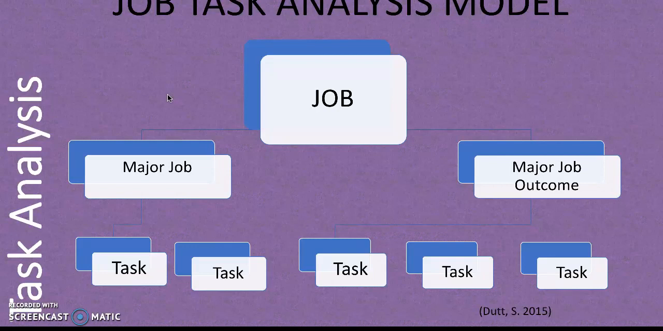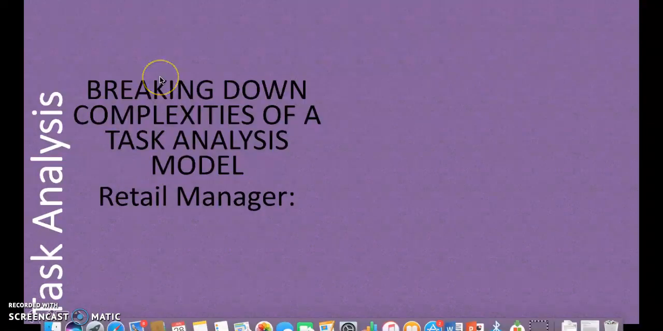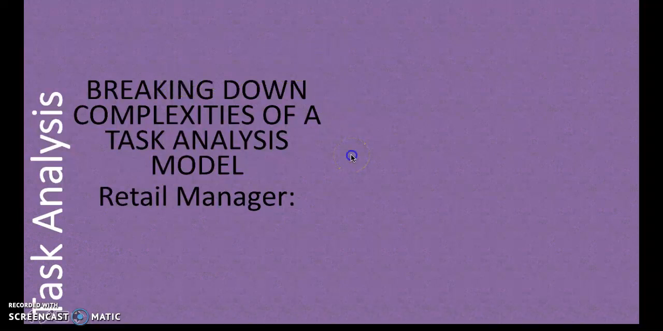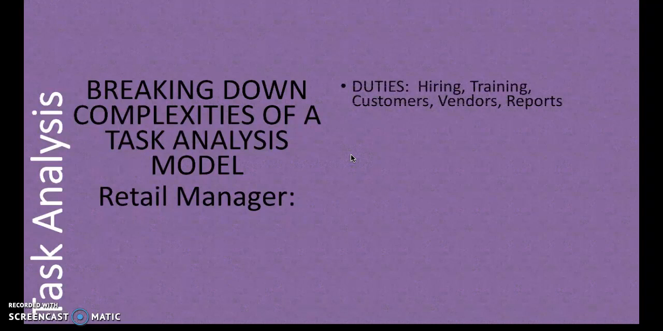And then you can see below the lines where on the left I give 2 tasks and on the right I give 3 tasks. There can be many more tasks to the major job outcome. This is just small enough for this presentation. Breaking down the complexities of a task analysis model, we'll use the example of retail manager. The duties include hiring, training, customer, vendor reports,